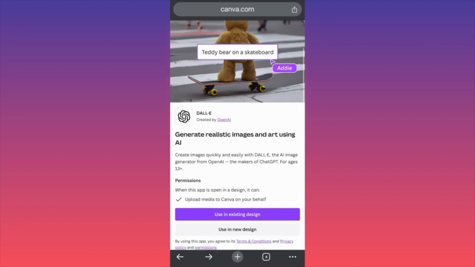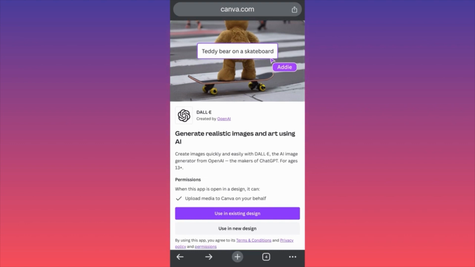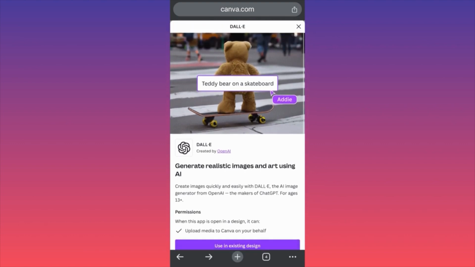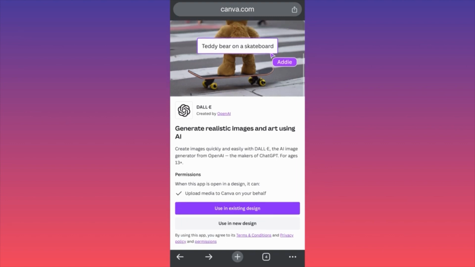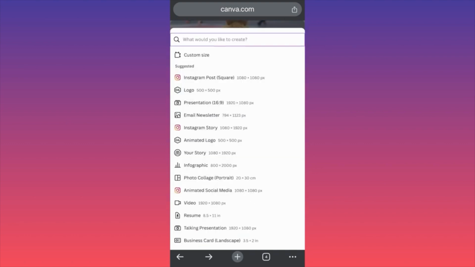So the first thing, you want to come over here at canva.com and click on apps. Then you want to go over and find DALI. So how you're going to go about it is simply choosing creating something from scratch, like we're going to do over here, or using an existing design. If you already had certain projects in Canva, you can simply import them here. Let's click on use a completely new design. And in this example over here, guys, we are going to create